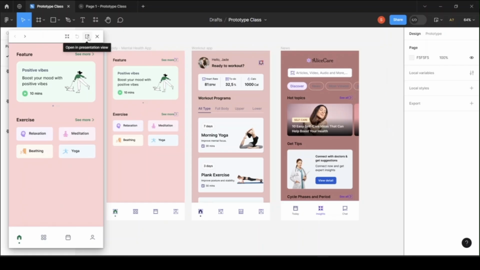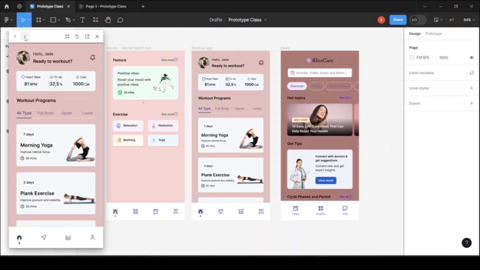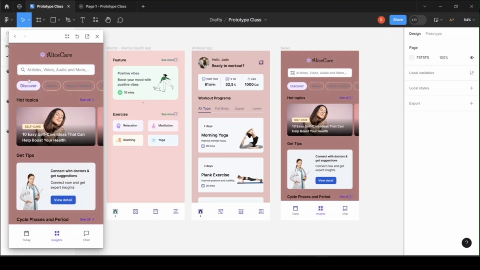From here I can open this one in presentation view, which I don't have to do because I have already opened this one here, and I can also fit this to the frame aspect ratio, and I can just go from here manually, and if I just tap on this, it will go from the first page to the second to the